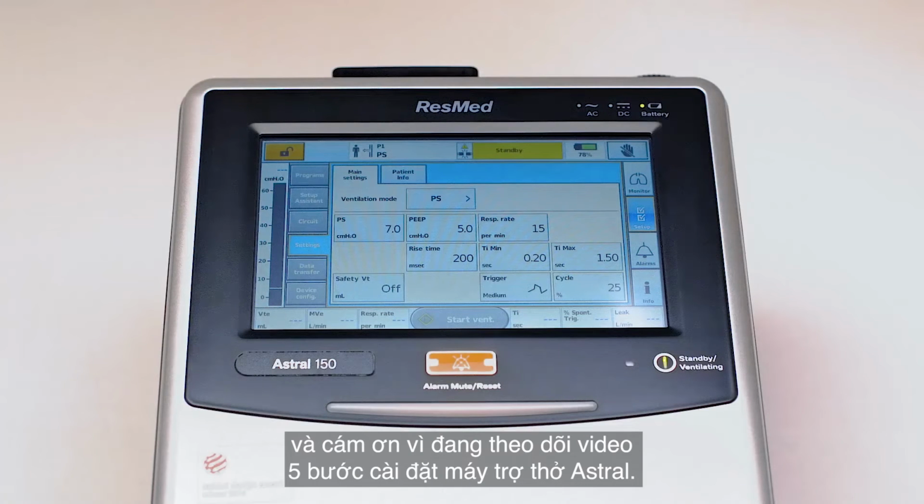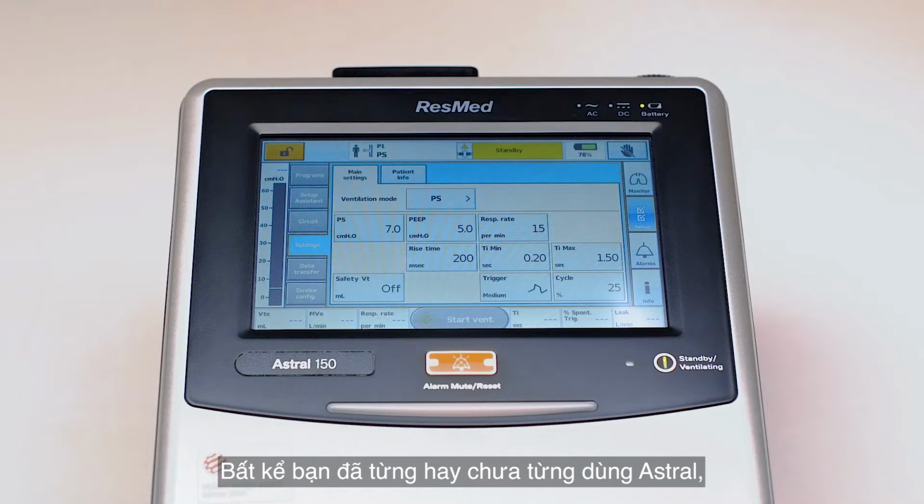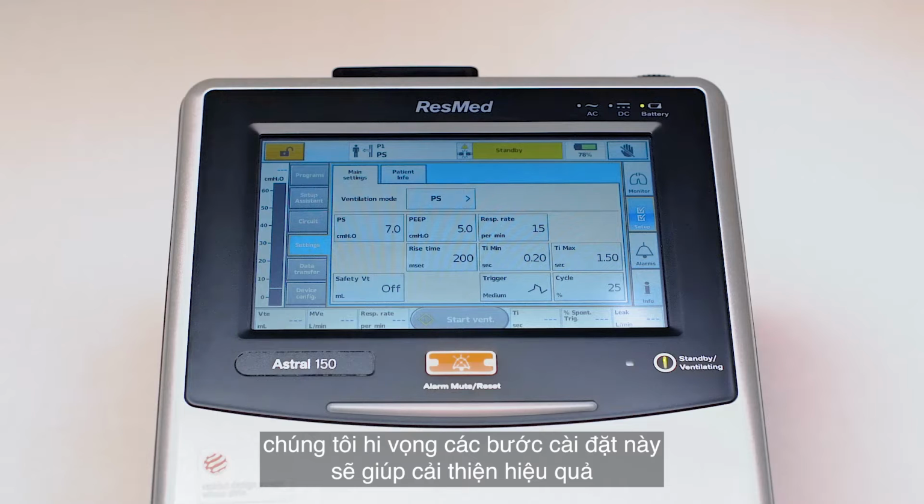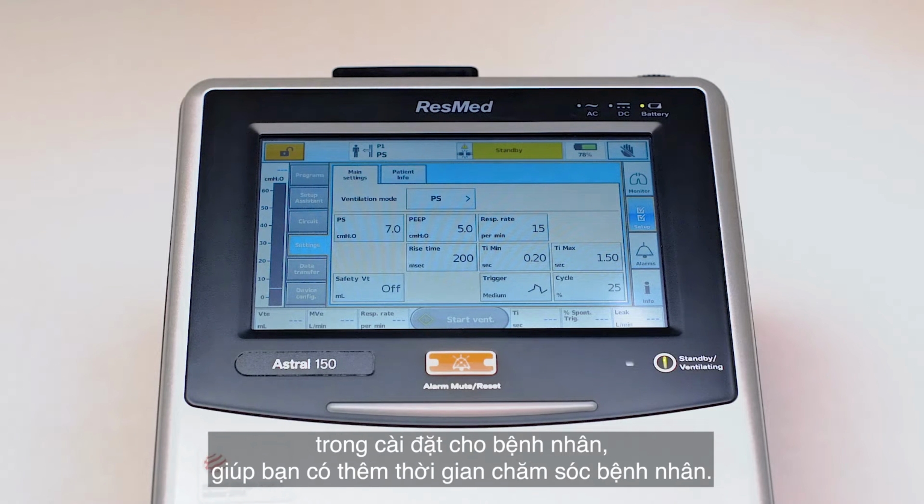All right, welcome, and thanks for viewing our 5 steps to set up for your Astral ventilator. Regardless of if you're a new user of Astral or an existing user, we're hopeful that these steps to set up will actually help improve the efficiency of your patient setup so you can focus more time on your patient